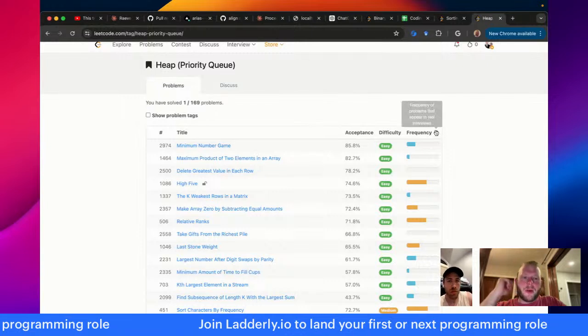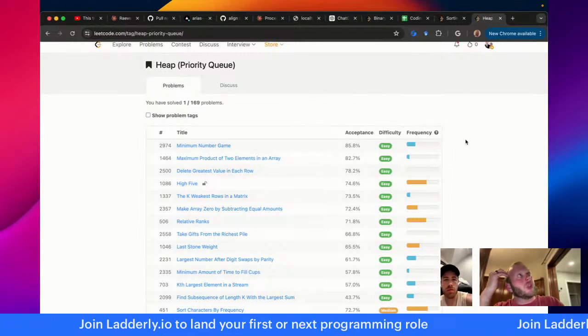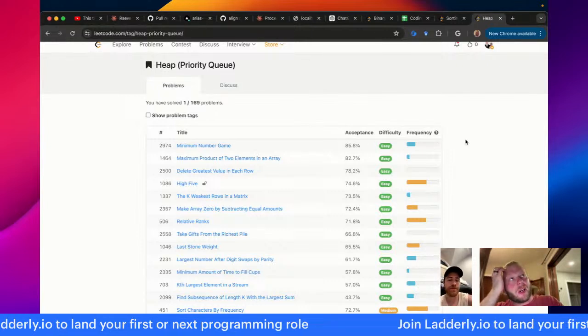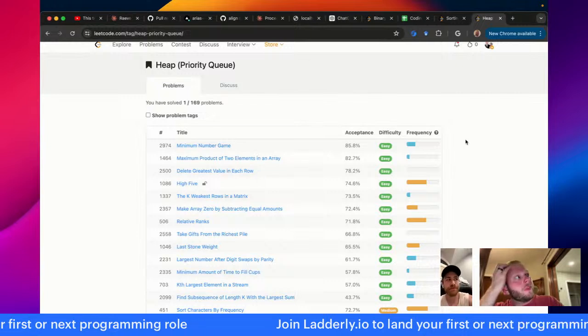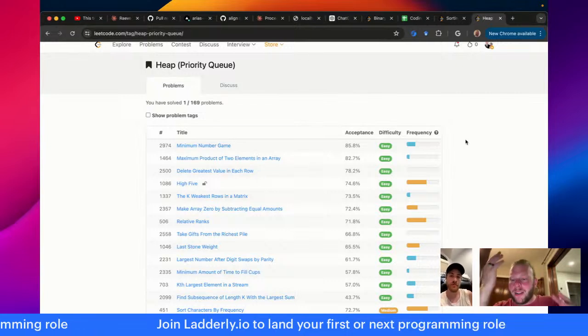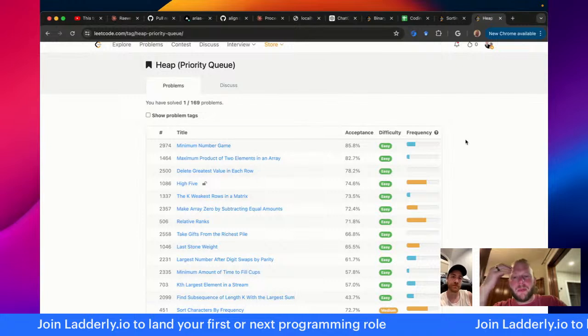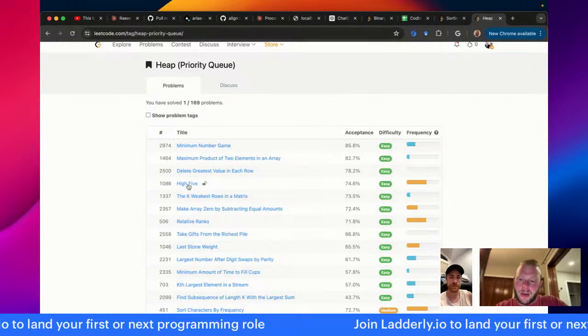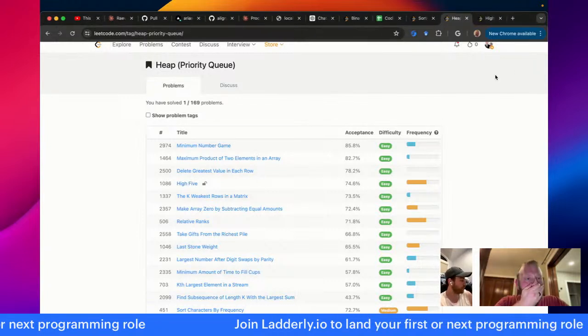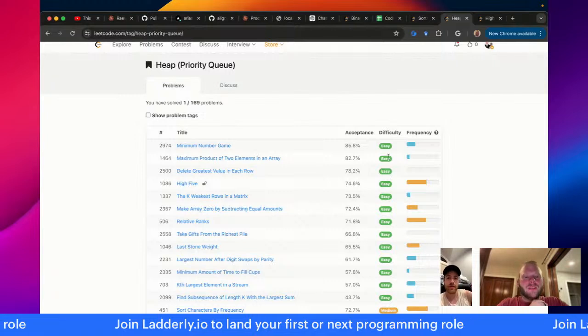Good question. The frequency on Leetcode is user reported frequency of appearing in interview. Okay, so that's great. That's different than the true rate of appearance, but it's the user reported rate of appearance. It should be pretty analogous, I would think. I would hope. Right. People are lying. We hope.